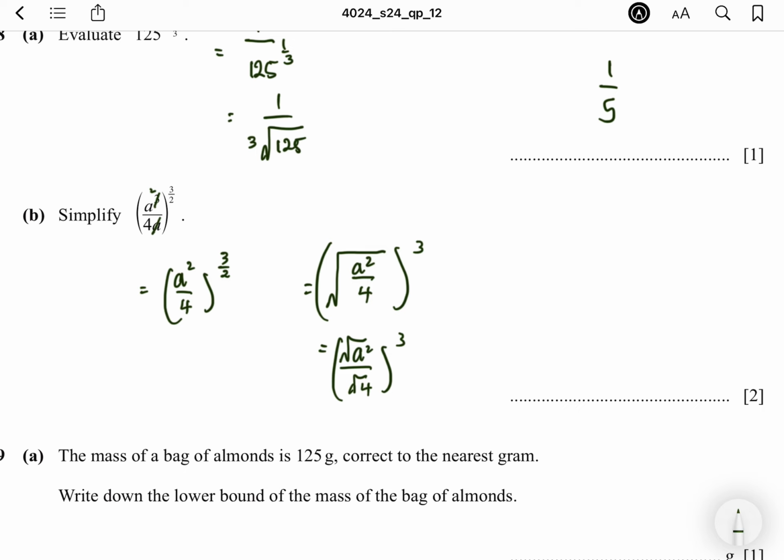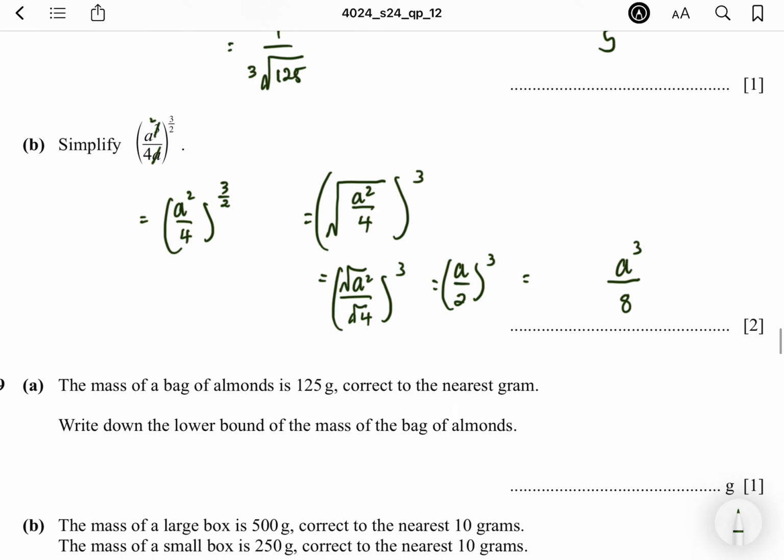Dalam kepala jua, you should know that means, okay? And dalam kepala jua, you should know the square root of a number square equal to the number itself. So which means the square root of A square is A. Square root of 4 is actually square root of 2 square, which means equals to, and from there you can get your final answer, A to the power of A cube over 8. Because 2 cube is 8. 2 markah. Okay? You get familiar with this if you're familiar with your law of indices. So this one dalam 2 soalan ni, fractional indices